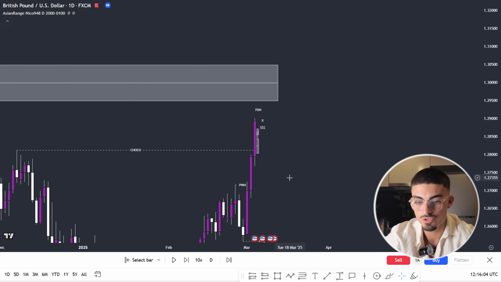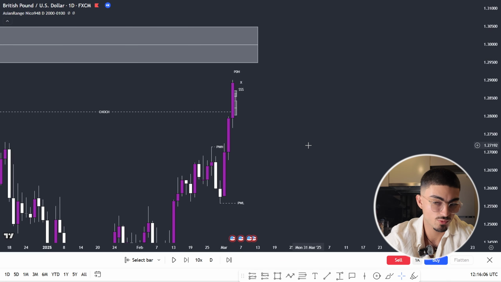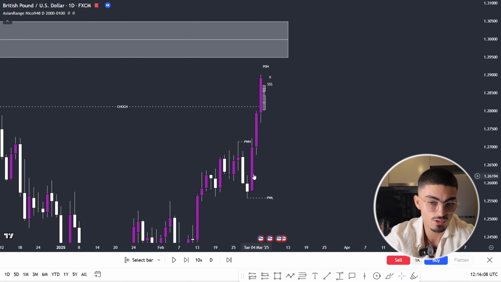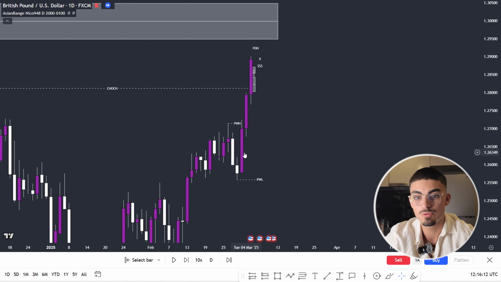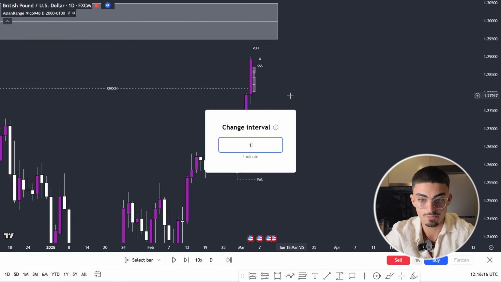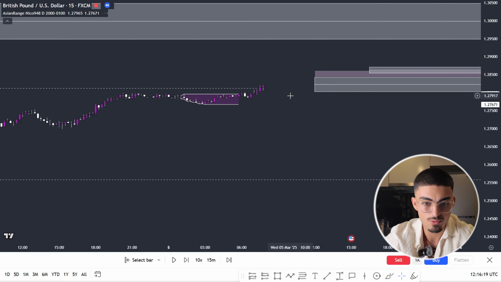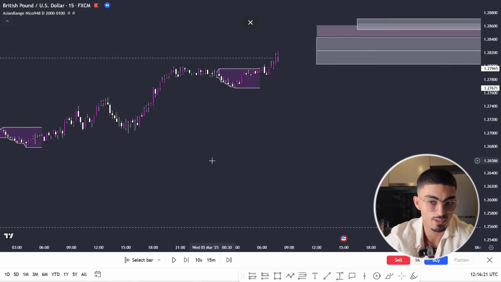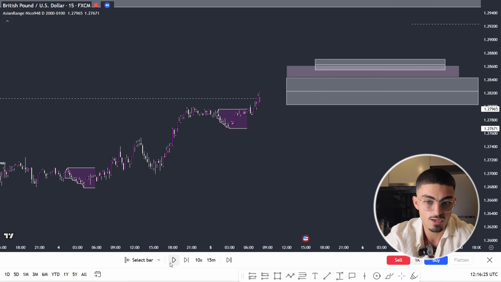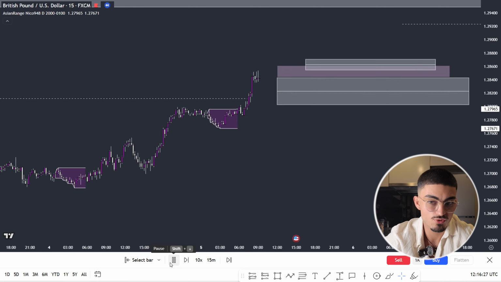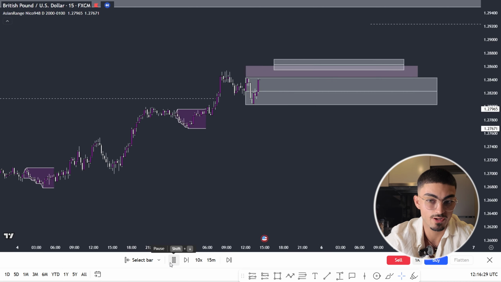So do you see how important it is to be able to switch your bias? Yes, I was looking for price to be bearish for this week, but as soon as I saw Monday, I was able to flip my bias and now expect price to go higher. So that's basically what I was looking for. As you can see, price kept on going higher and I just didn't want to take any sells. And there you go, this whole week has just been going higher and higher and higher.